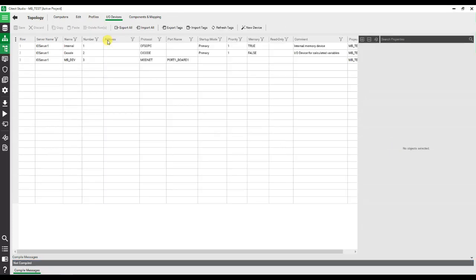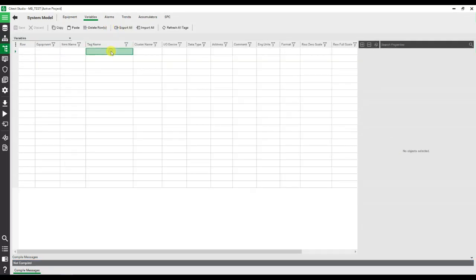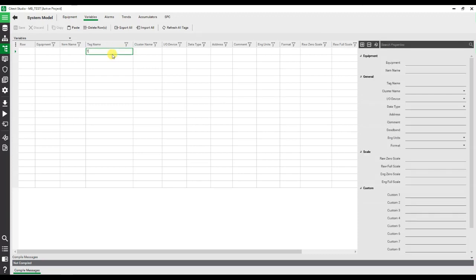Now let us create some tags in the variable section. Addresses of the tags depend on the Modbus server you are communicating with.